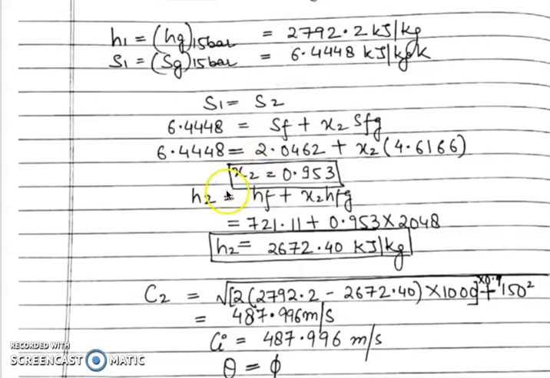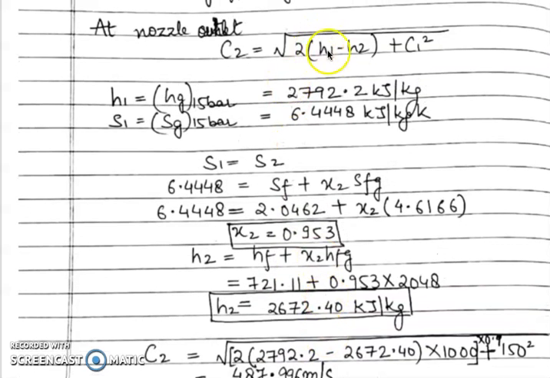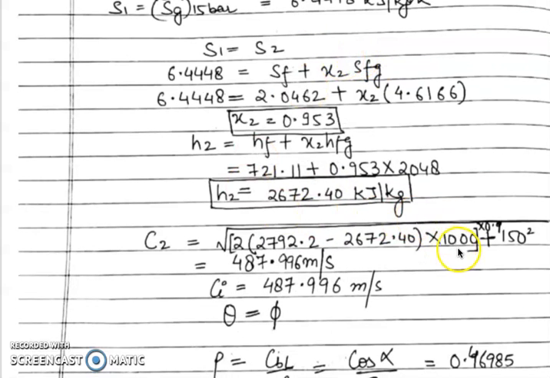Putting this value of X2 into the formula for enthalpy of wet steam, we get H2 is equal to Hf plus X2 into Hfg, and these again are the values of Hf and Hfg from the steam table at 8 bar, so we get H2. Now we know the enthalpies at inlet and exit of the nozzle, and we can have the enthalpy drop, which was in the formula, H1 minus H2. This is being multiplied by 1000 as this was in kilojoules, so we have to convert it into SI units, which is joules per kg, into 0.9.